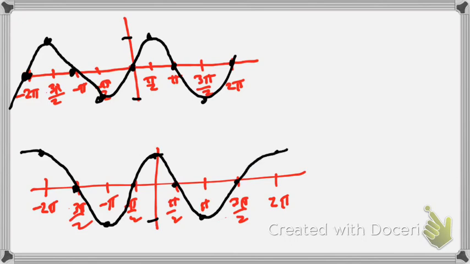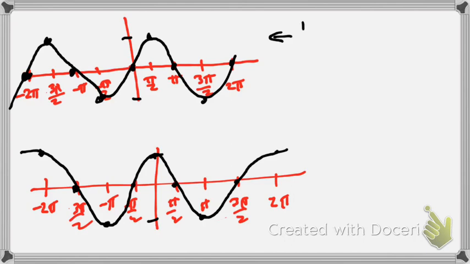So that's what cosine looks like. Okay? Notice they almost look exactly the same, right? If we shifted the sine function left, it would look exactly like the cosine function does. That's kind of what happens. Alright? So, now a couple of